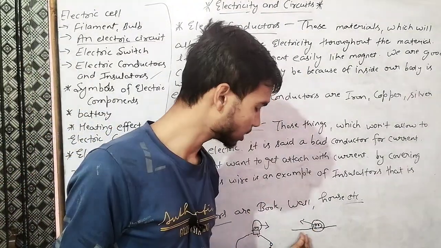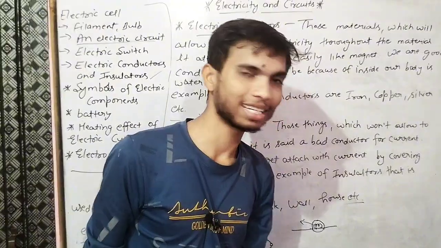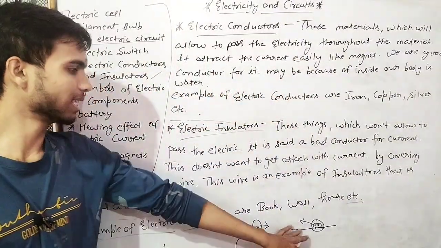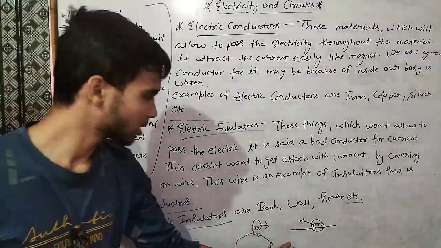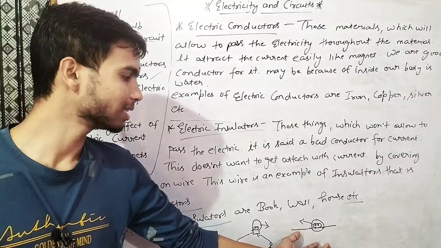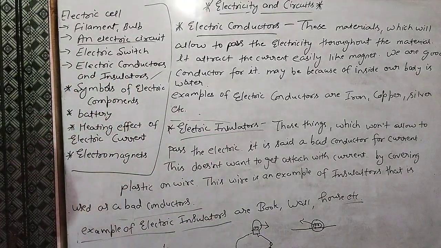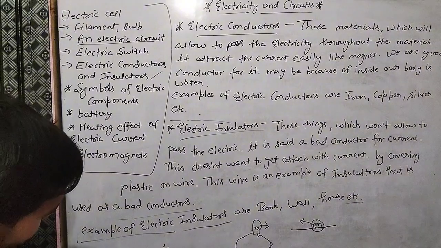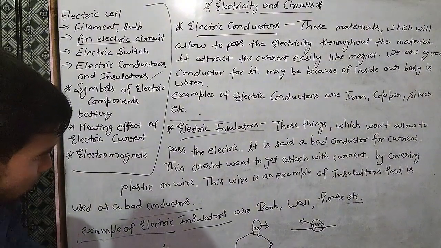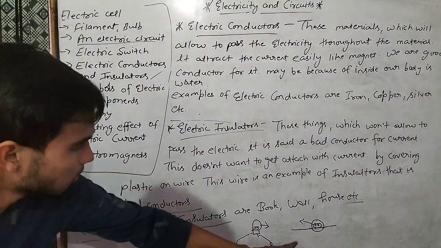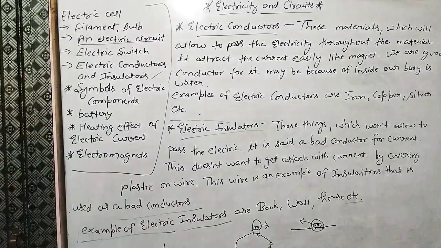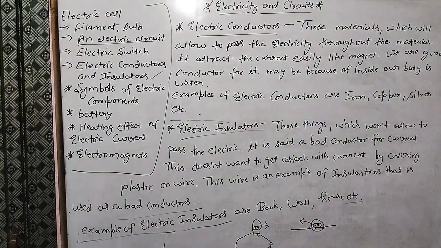So one side is a wire, the second side is a wire. This is the way to represent the symbol of an electric device. Clear? Second we saw the symbol of electric bulb. Third is